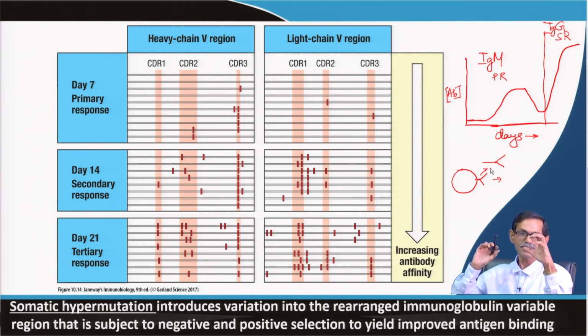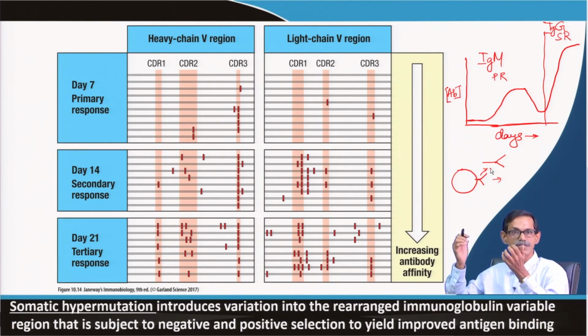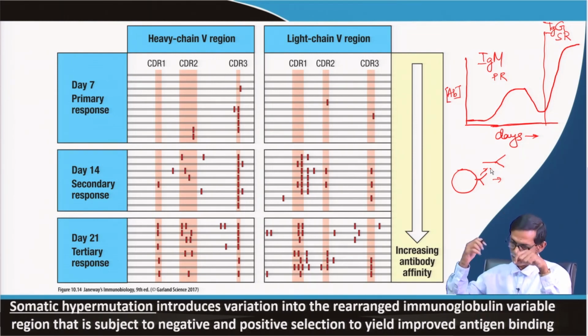Now if some B cell gets activated in the primary response, how is it making a different or more specific antibody, because the B cell is not changing, right, and no new B cell is coming in? How come they are producing it? When it was analyzed, how the antibody becomes more specific, it was found that there is a special event happening